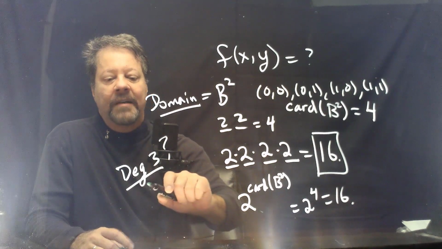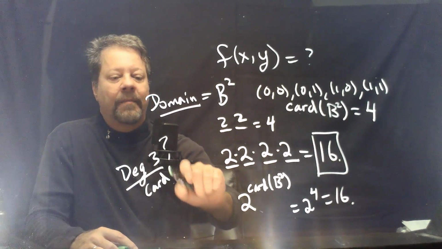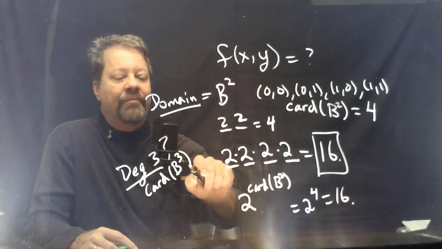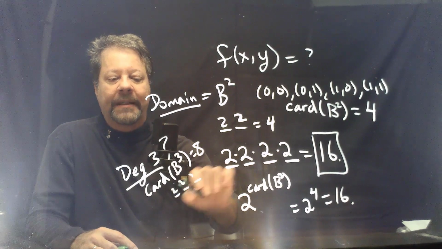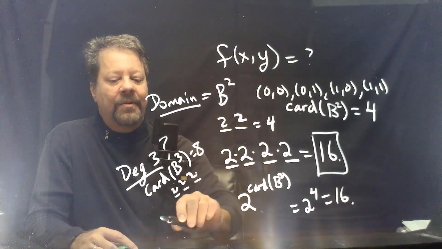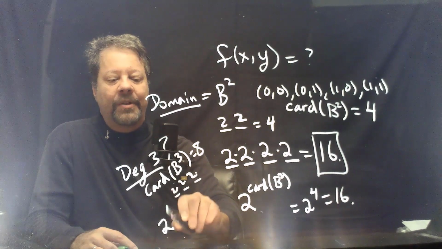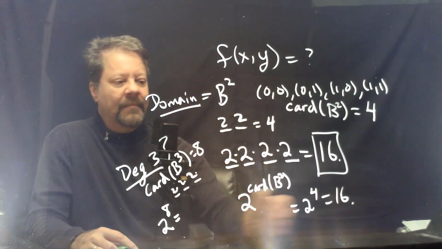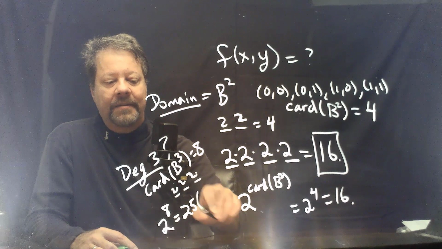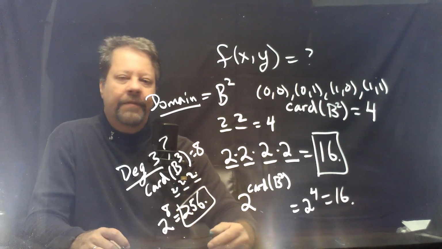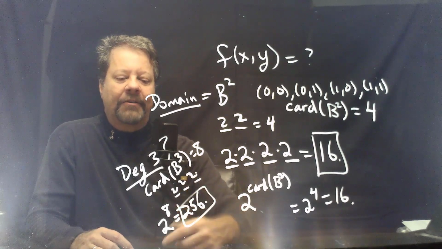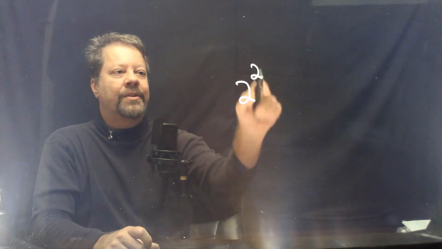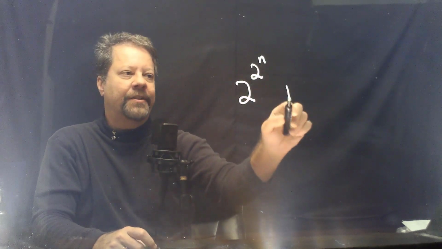Well, the cardinality of B3 is 8. You have 3 spots to fill with 2 possibilities. So the number of Boolean functions will be 2 to the power of 8. Well, that's 256. So there are 256 possible Boolean functions of degree 3. And that's how you would calculate it more generally. More generally, there are 2 to the 2 to the n Boolean functions